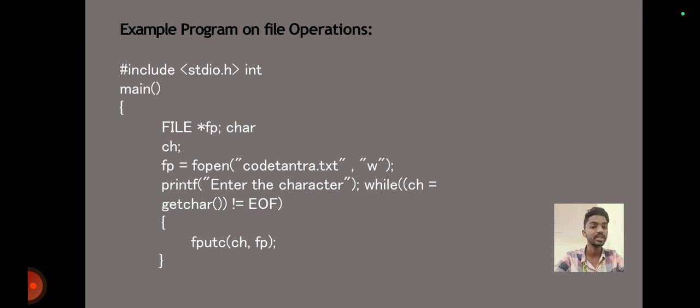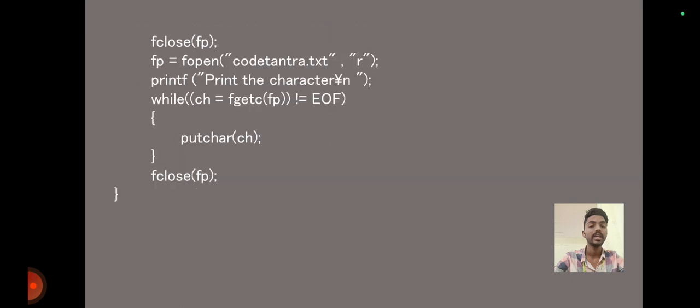Example program on file operation. #include <stdio.h> int main() { FILE *fp; char ch; fp = fopen("codetantra.txt", "w"); printf("Enter the character"); while ((ch = getchar()) != EOF) fputc(ch, fp); fclose(fp); fp = fopen("codetantra.txt", "r"); printf("Print the character\n"); while ((ch = fgetc(fp)) != EOF) putchar(ch); fclose(fp); }